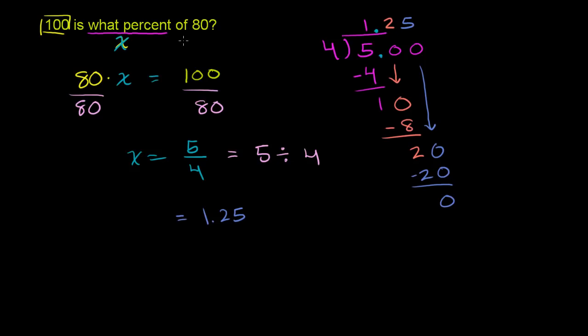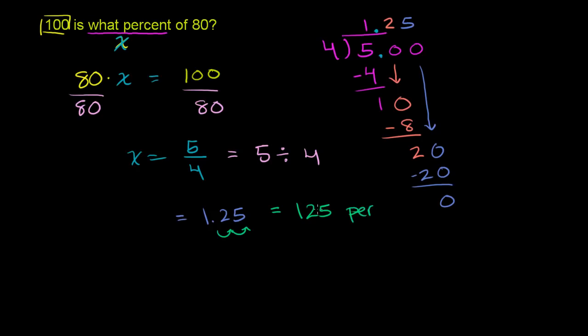But we still haven't expressed it as a percentage. This is really just a number, I guess you could call it a decimal. But it's a whole number and a decimal. It would be a mixed number if we didn't do it as a decimal. It's 1 and 1/4, or 1 and 25 hundredths, however you want to read it. So to write it as a percent, you literally just have to multiply this times 100, or shift the decimal over twice. So this is going to be equal to, as a percent, if you just shift the decimal over twice, this is equal to 125